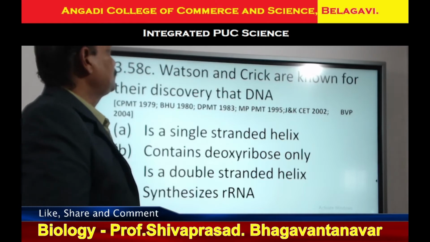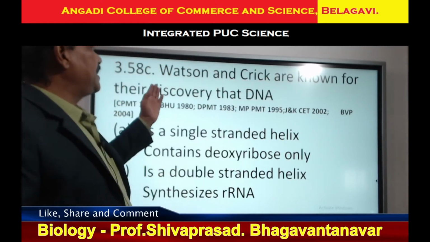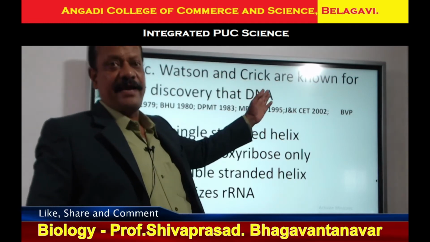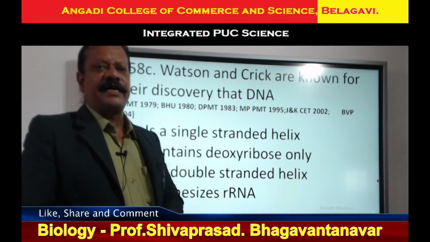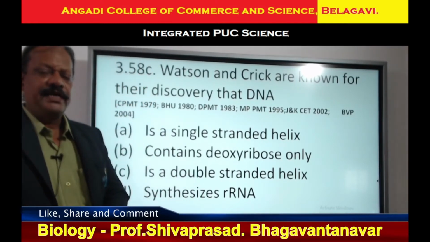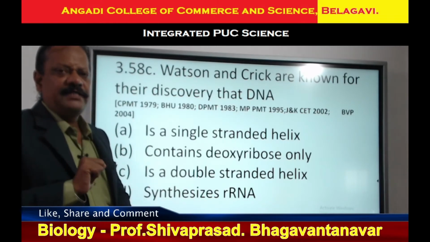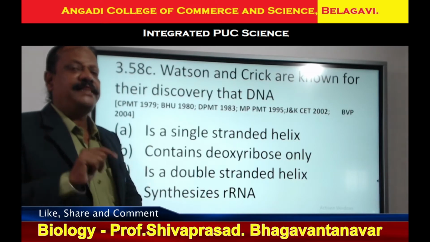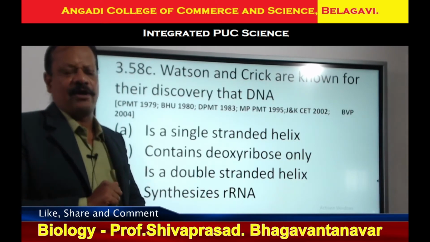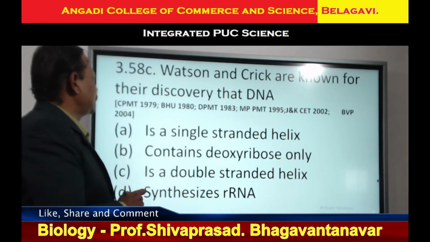Now see, Watson and Crick are known for their discovery that DNA. So in the beginning I told you, Watson and Crick model of DNA. In case of this, Watson and Crick, they found a double helical structure of DNA, and they got a Nobel Prize also depending on that. Now we will go through the option and we'll see the right answer. Here